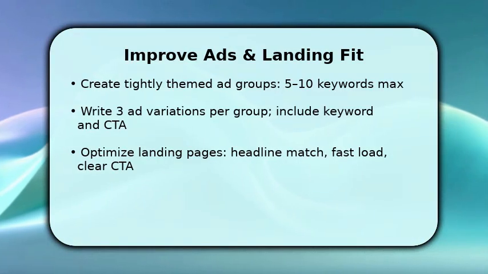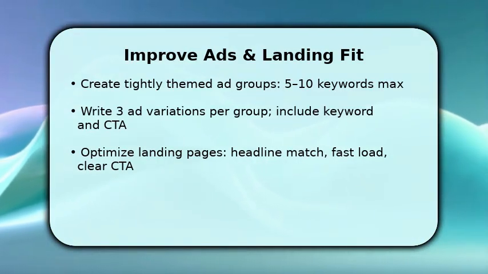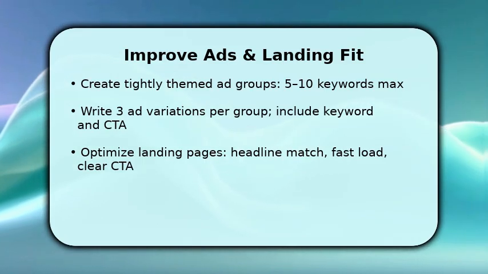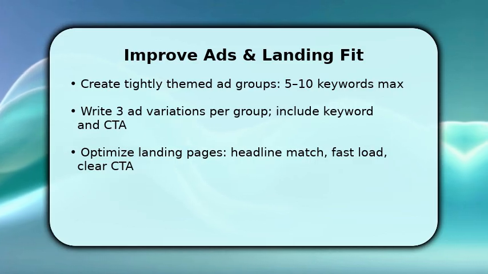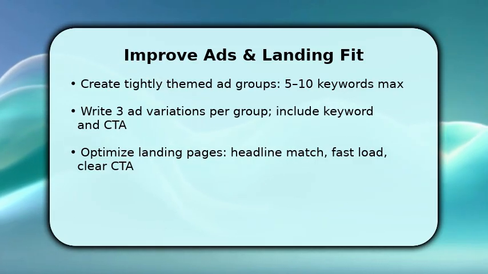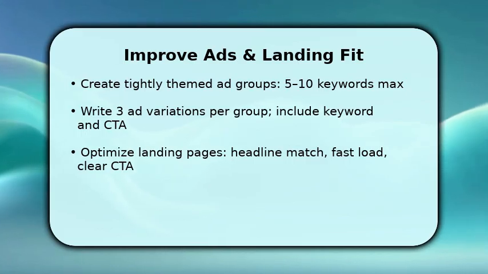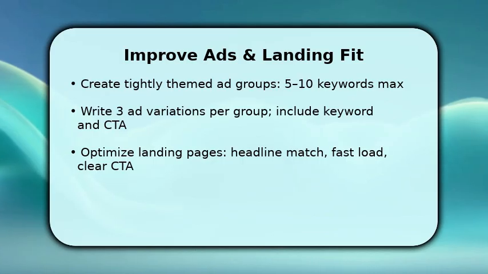Now focus on relevance. Restructure ad groups so each one targets a single intent with 5 to 10 related keywords. Then write 3 distinct ad variations that include the keyword in the headline and a compelling CTA, test descriptions, and extensions. Simultaneously optimize the landing page so the headline matches the ad, content directly answers the query, and the CTA